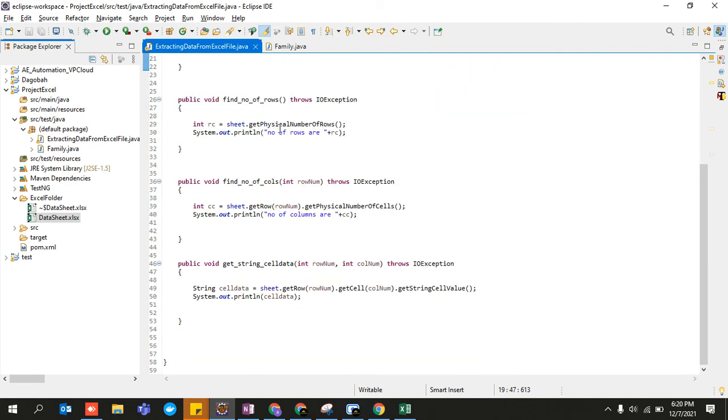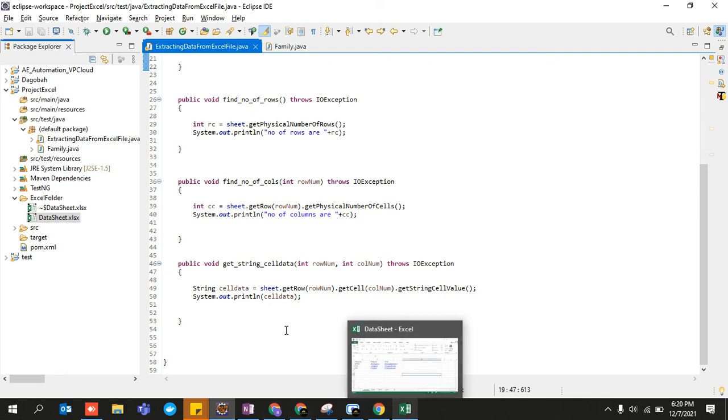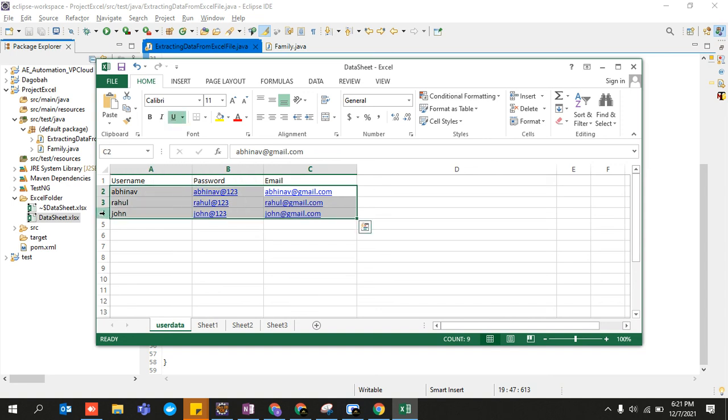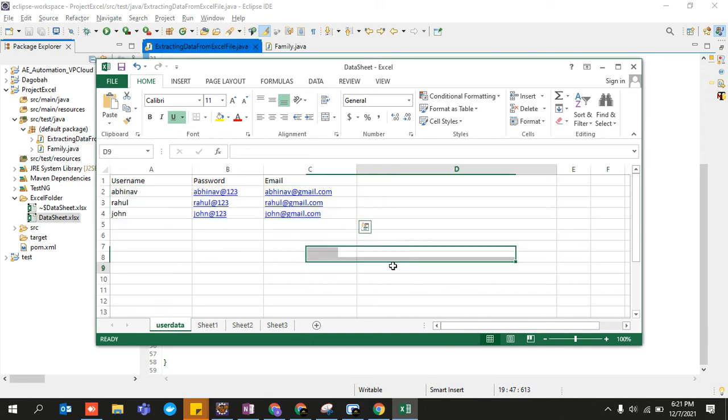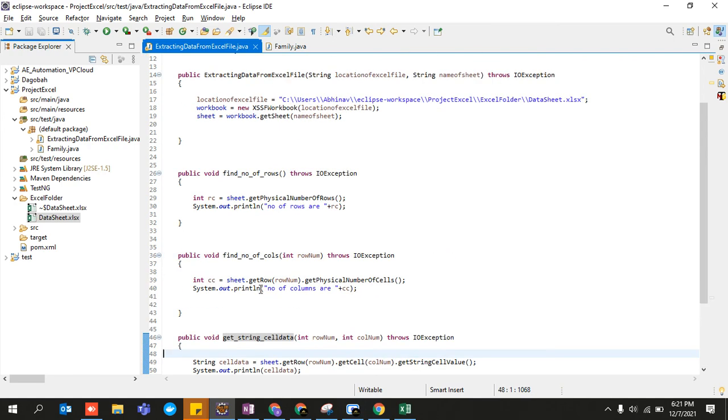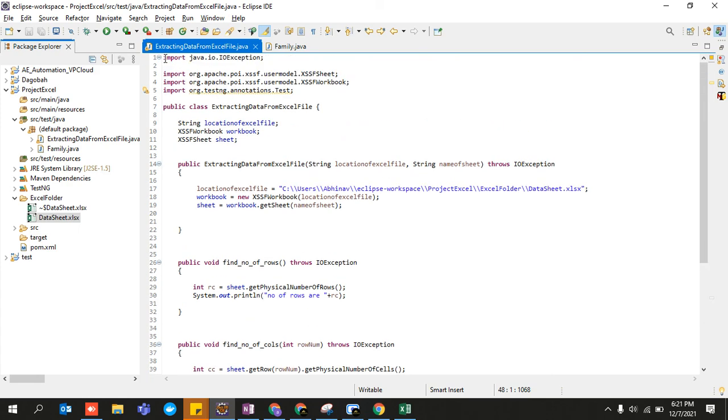Okay, so these were the three things that were required, and this is how we wrote them. We got the output, and in order to get all these values, we needed to first find the number of rows, then find the number of columns, and since all this data is of type string, we created a method like row dot get cell, get string cell value, and this is my method getStringCellData. Since that has been generalized, my next lecture would be on data provider, where I would be making use of this particular class.